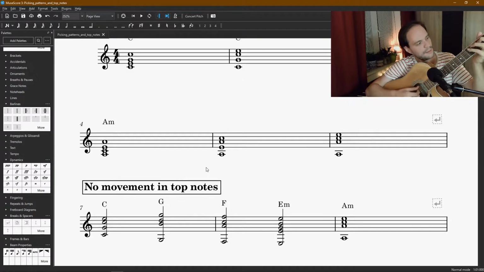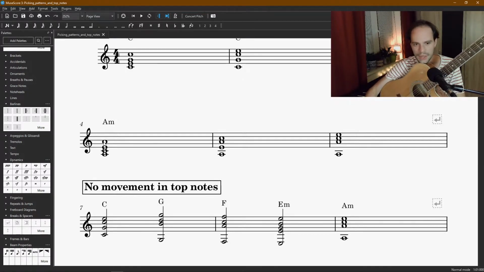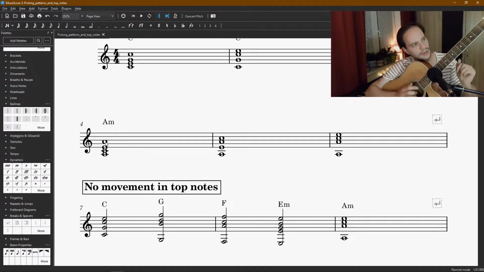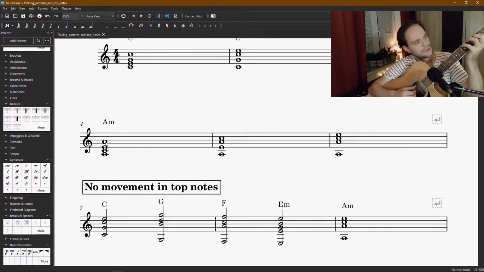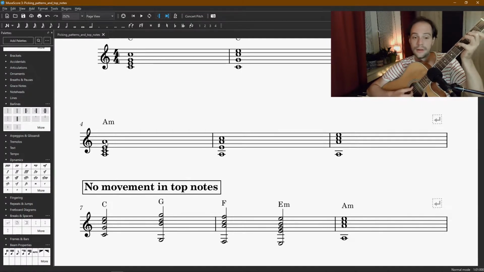But if I play the A minor chord in this position where the A is going to be my top note, so that's going to be the octave, and it will sound like this. It will sound a little bit muddy on guitar because I can only play it in this low register. This is the lowest note. This is the A, and this is also an A. So when I play it together, it's